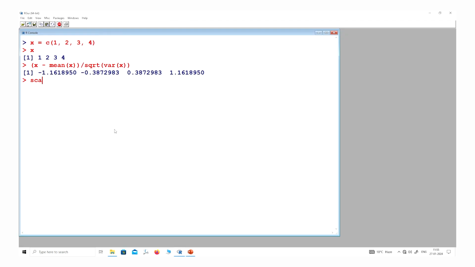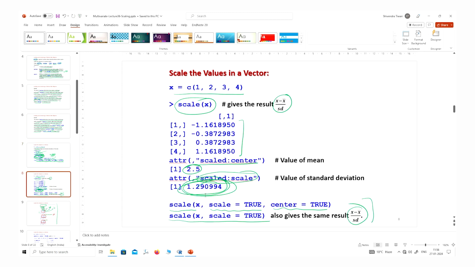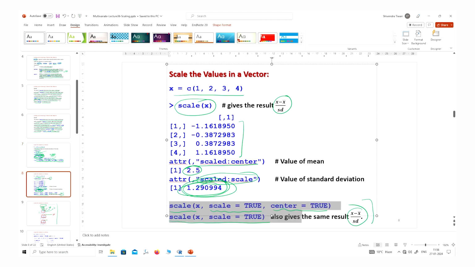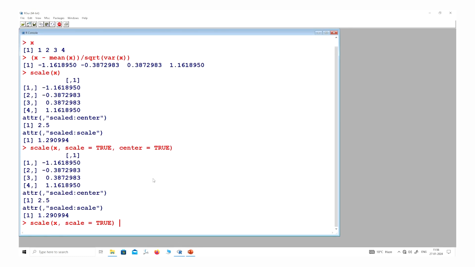And on the other hand, if you try to use the function scale, you are getting the same value, right? That you can see with this value, this value, this value, this value, and the remaining two values. And similarly, if you try to obtain these two commands also here, then also you will get the same value. For example, if I try to execute, you can see here